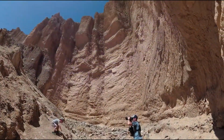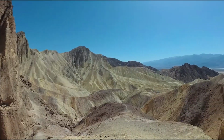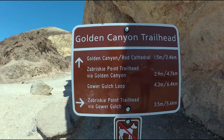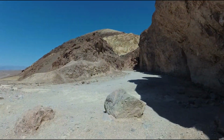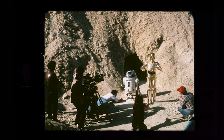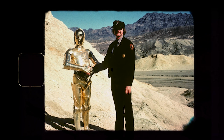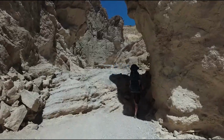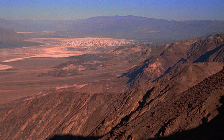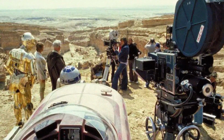Speaking of hiking, if you only go on one hike during your time at Death Valley, the Golden Canyon should be high on your list of potential trails. The hike is about 3 miles and you'll experience gorgeous canyons and unique rock formations. You may recognize some of the surrounding scenery from Star Wars Episode 4, as areas of the trail were utilized in the movie. Additionally, Star Wars fans may be interested in Dante's View, a site that was also featured